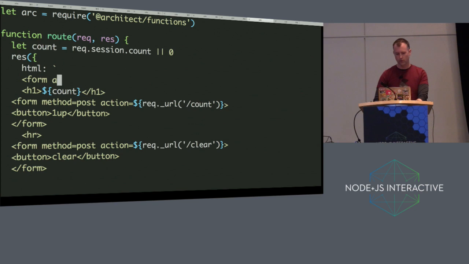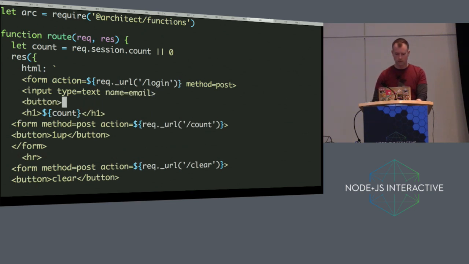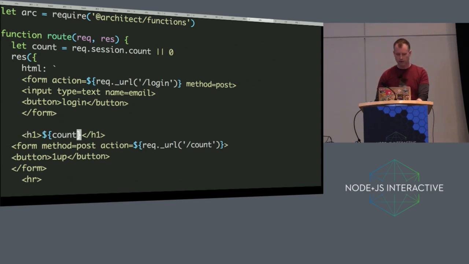OK, so form action equals, method equals post. I guess login. Form. And just to make it easy,